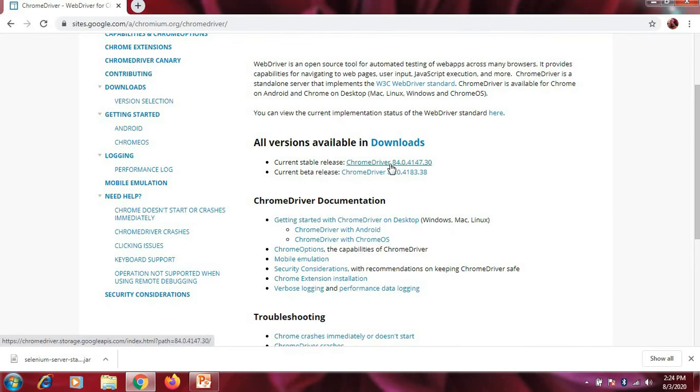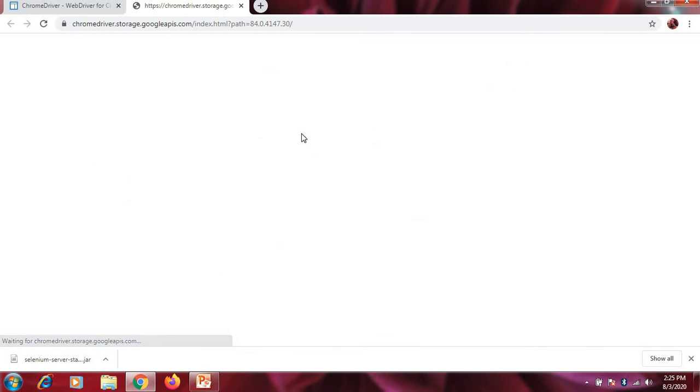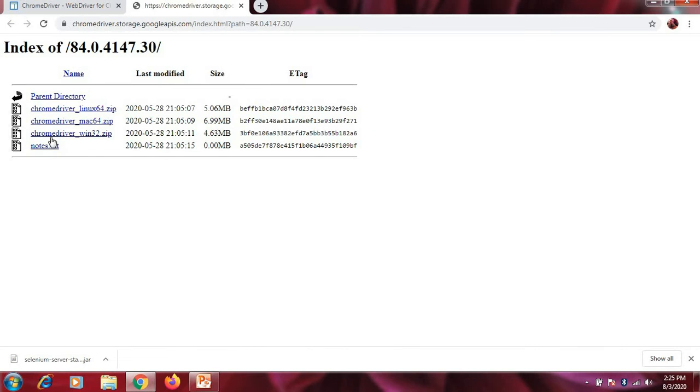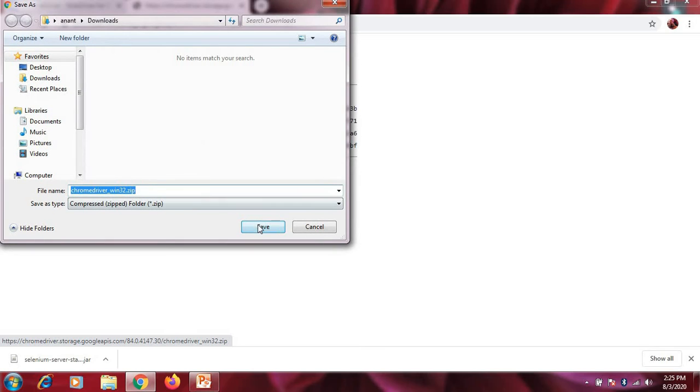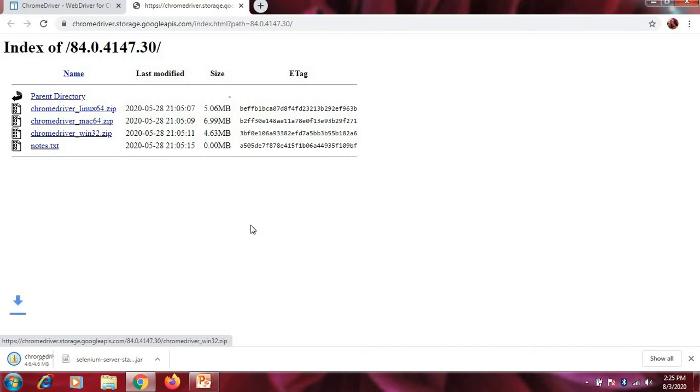So you download the Chrome driver 84.0.4147. Here you can see the Windows zip file, here you can see the Linux files, here you can see the Mac, and here you can see the Windows. Click on Windows and save the file.